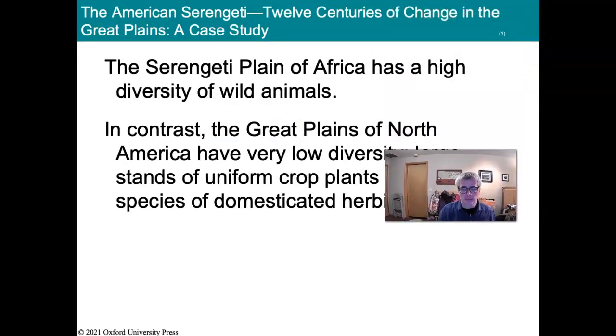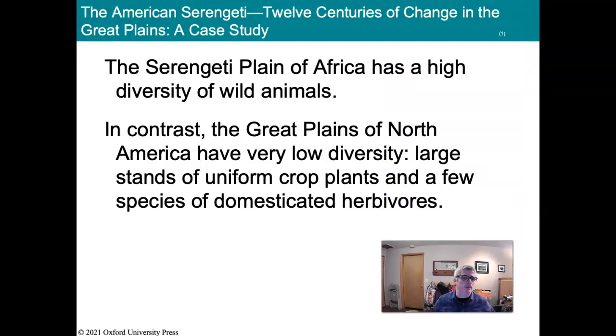The book makes a contrast between North America and the Serengeti Plain around the diversity of animals. It talks about the Great Plains of North America having a low diversity and large stands of uniform crop plants and few species of domesticated herbivores. So this is what they're trying to do, draw an analogy between the way both of those places looked